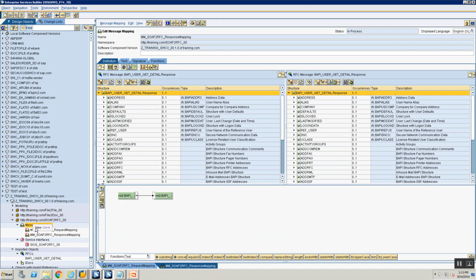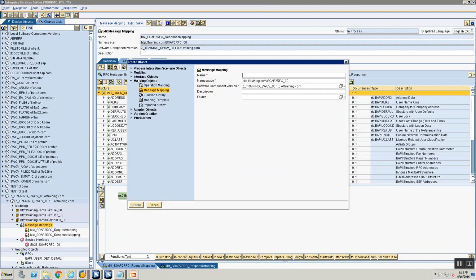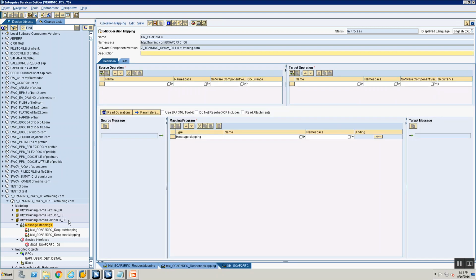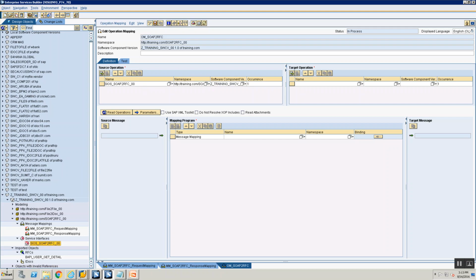The next step is to define an operation mapping, right? So make sure you right click, new, select operation mapping. Let's give the name of our operation mapping, and this is where it becomes tricky. We just need to define one operation mapping. We shall see why. So I'm going to drag my service interface here, outbound service interface out here, and once I've dragged my outbound service interface here, in the target service interface you need to take your RFC and drag it out here. Again, make sure you're in the black box and you're dragging this.